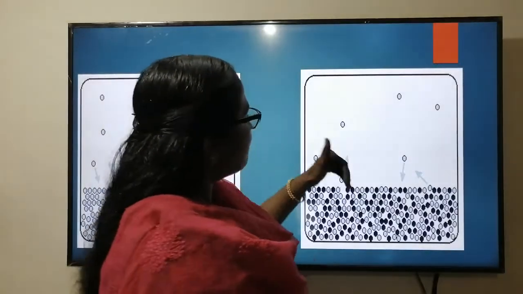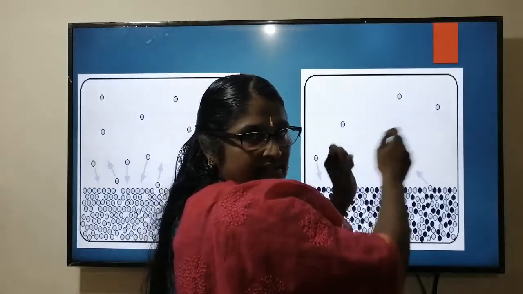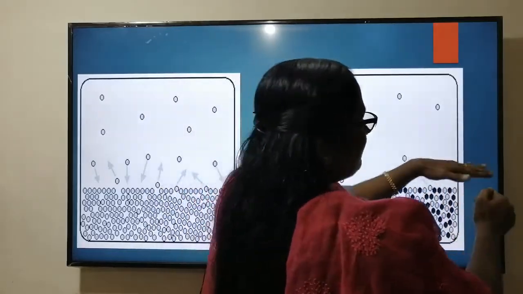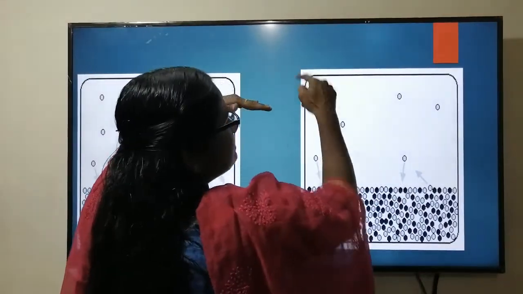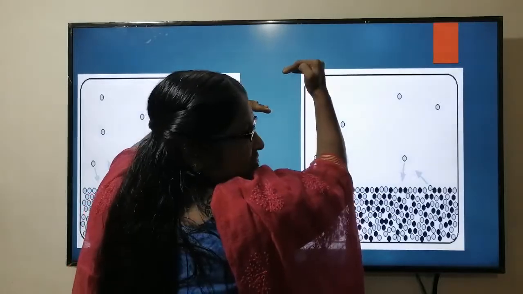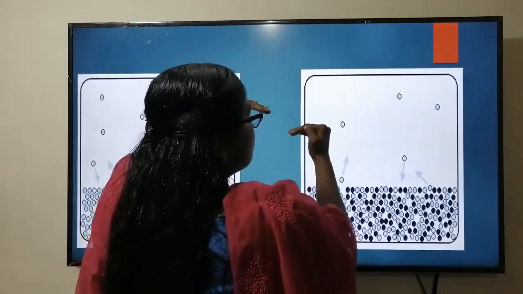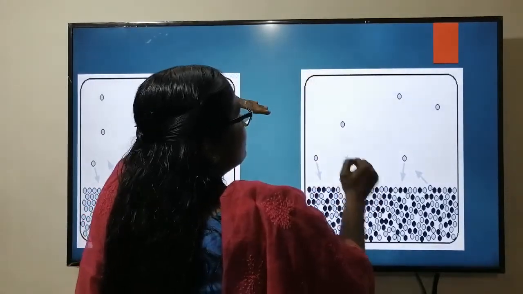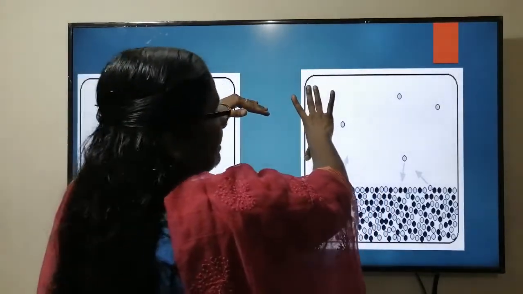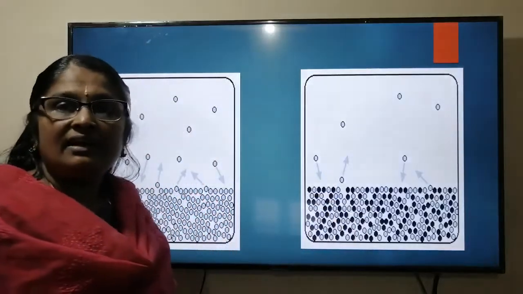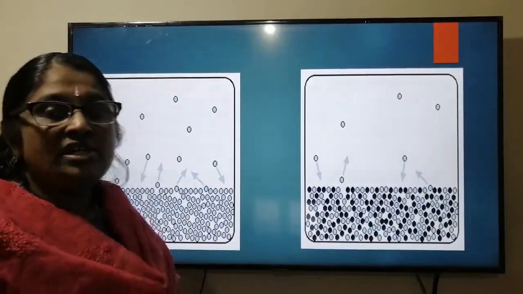And in this case the vapor pressure is less because the particles in the vapor form are fewer, so the pressure exerted is also less. Suppose this is the vapor pressure here, and in this case the vapor pressure is less. So in order to reach atmospheric pressure, the vapor pressure has to be increased this much. So this much temperature is to be applied for this solution to boil. So the temperature required is high, or we can say the boiling point is high, if a non-volatile solute is added to a pure solvent. That is known as elevation in boiling point.